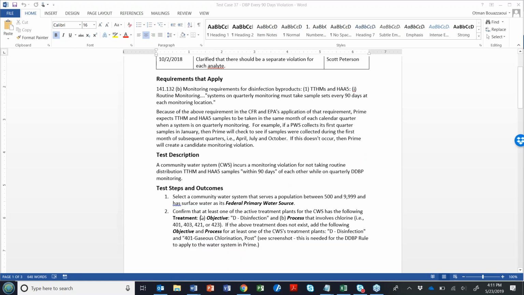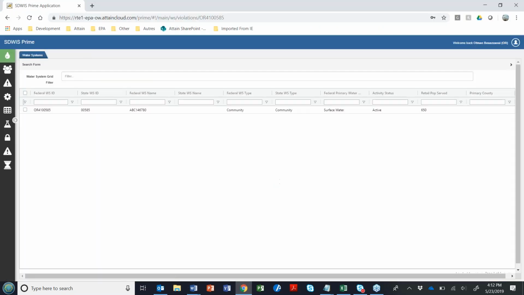And we're also going to make sure that the water system has, at the treatment plant level, a treatment for disinfection using the process that involves chlorine. So it could be a 401, 403, 421, or 423 process. So let's look at that from the application standpoint and see what we're talking about here.